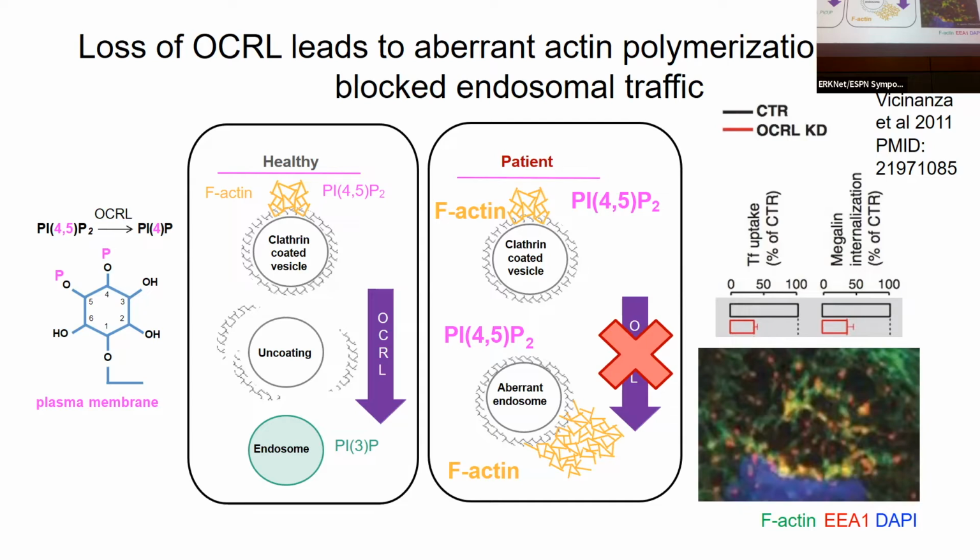This leads to increased actin polymerization and aberrant actin aggregates around the endosomes and the cells. As was shown by nice work from Antonella de Matias, this leads to a block in the endosomal trafficking. You can see the megalin receptor uptake is decreased here, characterized by these basket structures around the endosome. And importantly, she showed in 2010 that if you target those actin assemblies, then that can lead to re-increases in